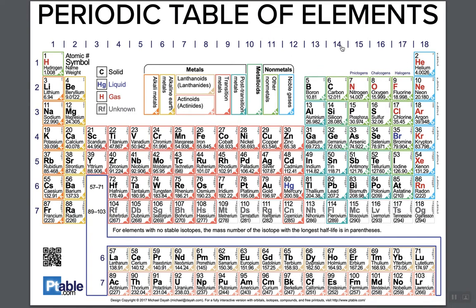So this is 3A, 4A, 5A, 6A, 7A, and 8A. Okay, so the boron group, or the boron family, is group 3A, 3 valence electrons. Three electrons in the outermost energy level. Boron, aluminum, gallium, indium, and so on. Boron has 2 energy levels, 3 valence electrons. Aluminum, 3 energy levels, 3 valence electrons, and so on. Again, the period numbers tell you the number of energy levels, and the group number tells you the number of